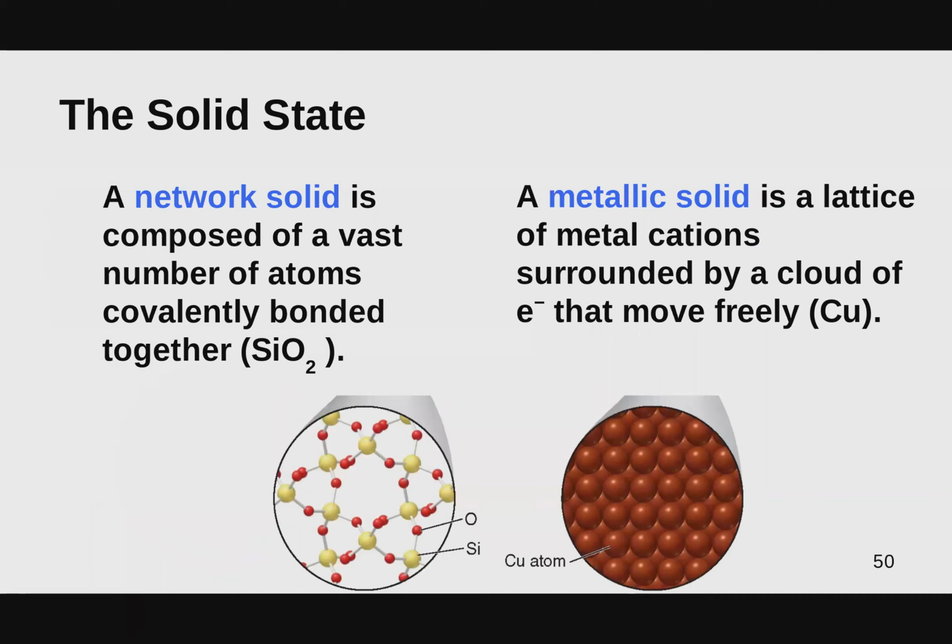Now we have a network solid. We've seen silicon dioxide previously in this slide, but a network solid is essentially comprised of a vast number of atoms that are covalently bonded to one another. In this case, we have silicon dioxide, where the silicon will bind to the oxygen, which will then bind to another silicon, which will bind to an oxygen and bind to another silicon, right? That's why it's SiO2, because every silicon is bound to two oxygens,